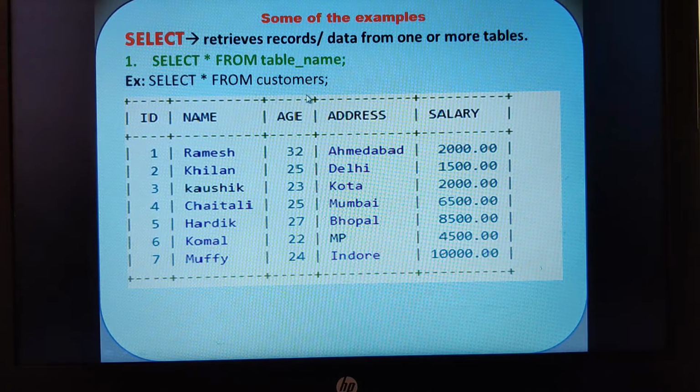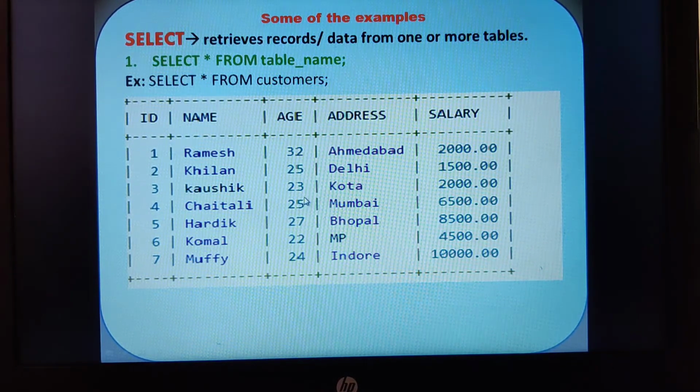Now with this example I have already created a table known as customers, wherein I have given the field name as ID. Looking at the content, you can make out this has the data type number. Then you can specify the size, 1, 2, it's left to you. Then I have created one more field, name, of varchar2 of 20. Then age, again looking at this, it should be a number, and I'll give size as 2.